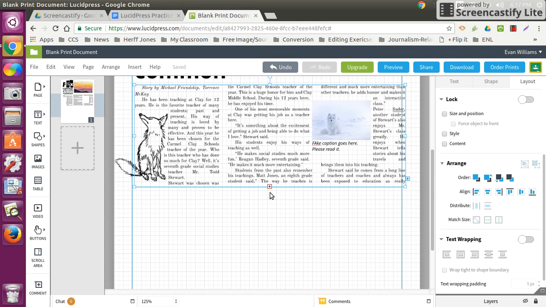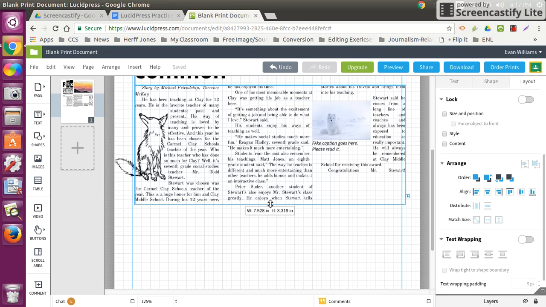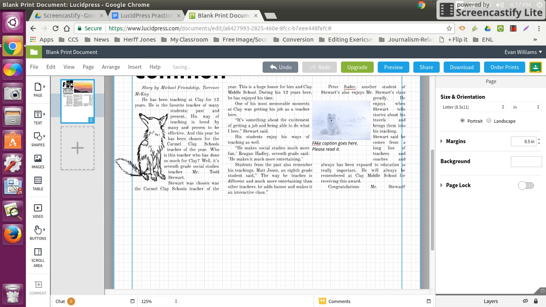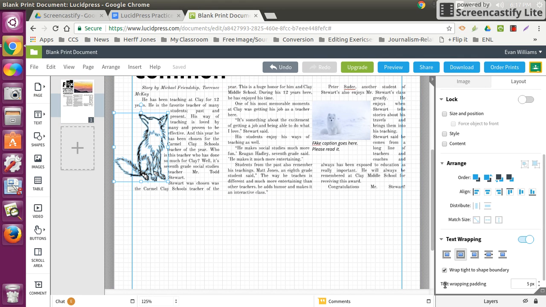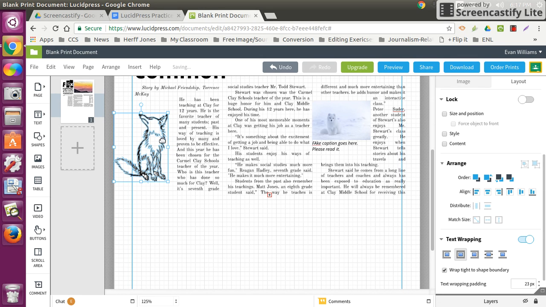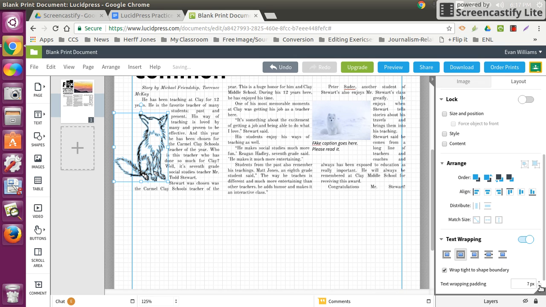Oops. You can either just click once and the text box will reset itself, or you can pull it just like that. Now, I'm going to show you what it looks like when you mess with the text wrapping padding. Click the little triangle up, and what you'll see is it makes the text farther away from the object. So 23 is probably a bit excessive. The automatic 5 is a pretty good